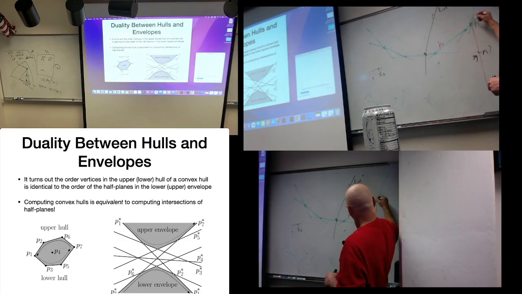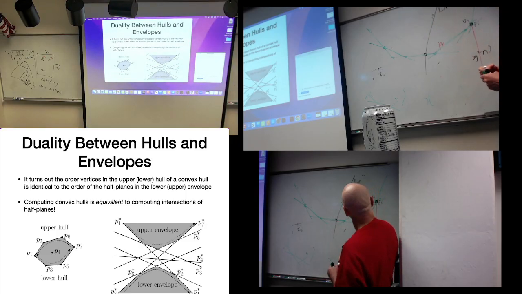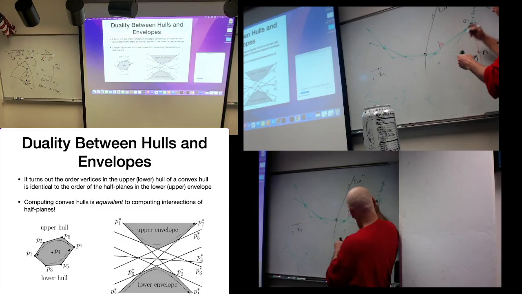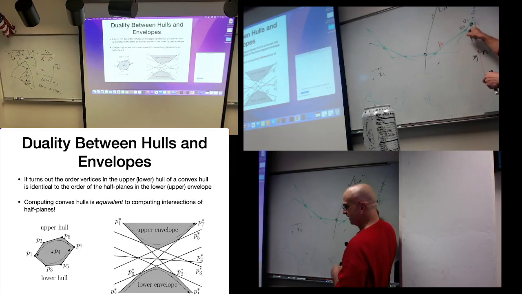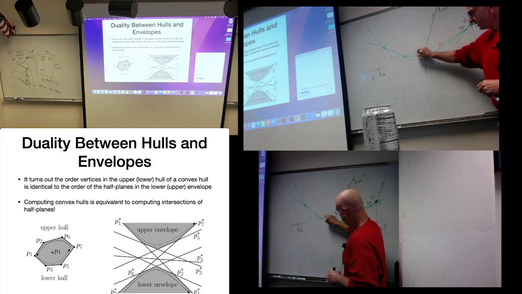If it doesn't, which happens if this vertex V i is to the right of L i plus 1, then I can delete this line from any future consideration. And I'll check V i minus 2, that is this segment, and if it doesn't intersect, then I'll check this segment, and finally I'll check this segment to